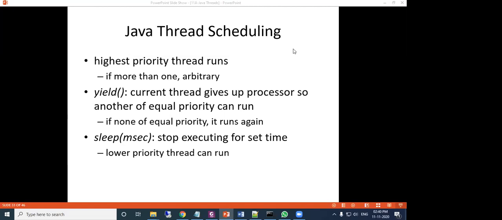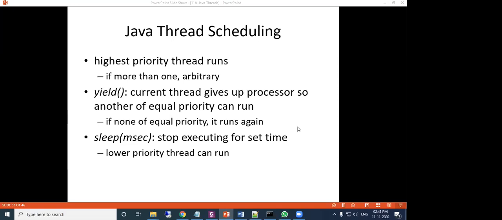So here, how to use it, there are different priorities. You can set the priority to run a particular thread. Okay, there are 4 types of priority. One is the maximum priority, second is the minimum priority, third is the normal priority, fourth is a custom priority. The maximum priority value is 10, normal priority value is 5, the minimum priority value is 1. Custom priority you can set as per your own requirement.